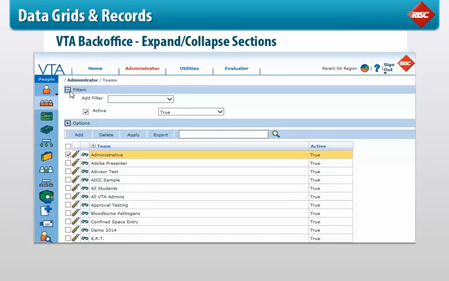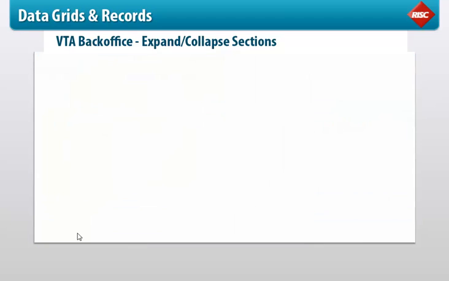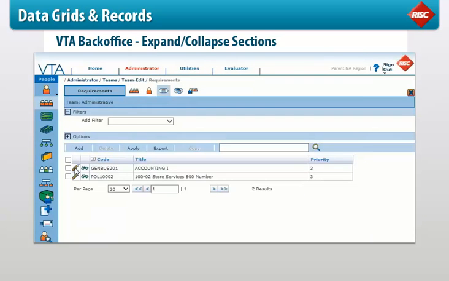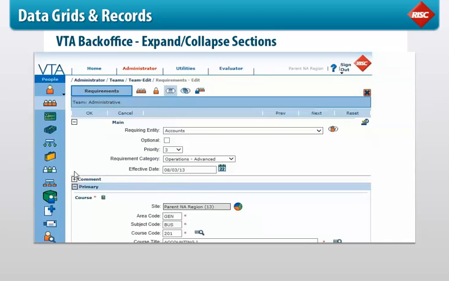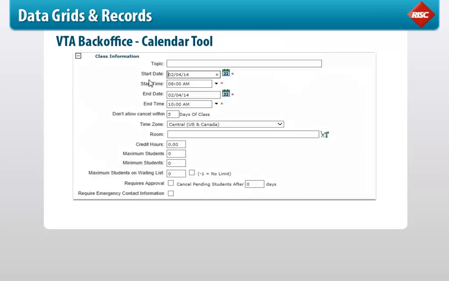Several grids and records will have expandable and collapsible sections that will allow you to save scrolling while navigating grids and adding, editing or browsing records. Simply click the plus for the area you want to expand or the minus on the area you want to collapse. All date fields will allow you to enter a date manually, or select the date value using the VTA